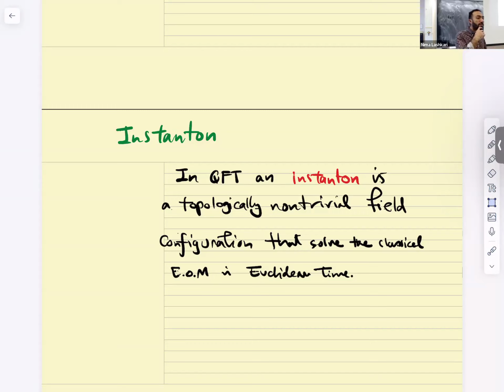Now, gauge transformations were unphysical, except for these topologically non-trivial gauge configurations, right? Point by point, they solve the equations of motion. They look like the actual vacuum, but they're globally different, right? So this is an essential feature of gauge theory. It's not true that gauge theory is just electric and magnetic field. Gauge theory also includes these topologically non-trivial sets.